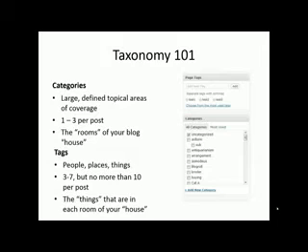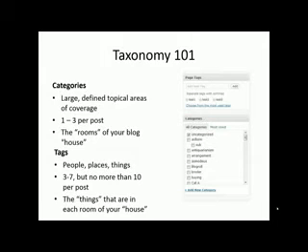Think of your categories as the rooms within your house: your living room, your kitchen, or your bedroom. Each blog post generally fits into one or more categories. Generally speaking, you'll have 1 to 3 categories per blog post. If you're finding that blog posts have more than 3 categories, you'll want to better refine your categories or consider if your article may be too broad to really reach the audience you intended to reach.